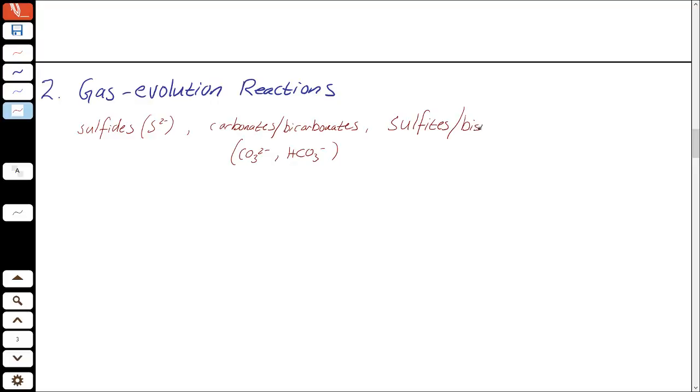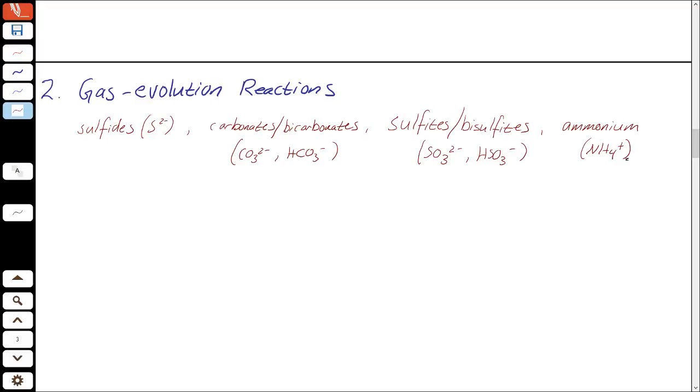Sulfites or bisulfites, which is SO3 2 minus or HSO3 minus, and ammonium, which is NH4 plus. So these won't always form gases, but when you see these reactants,